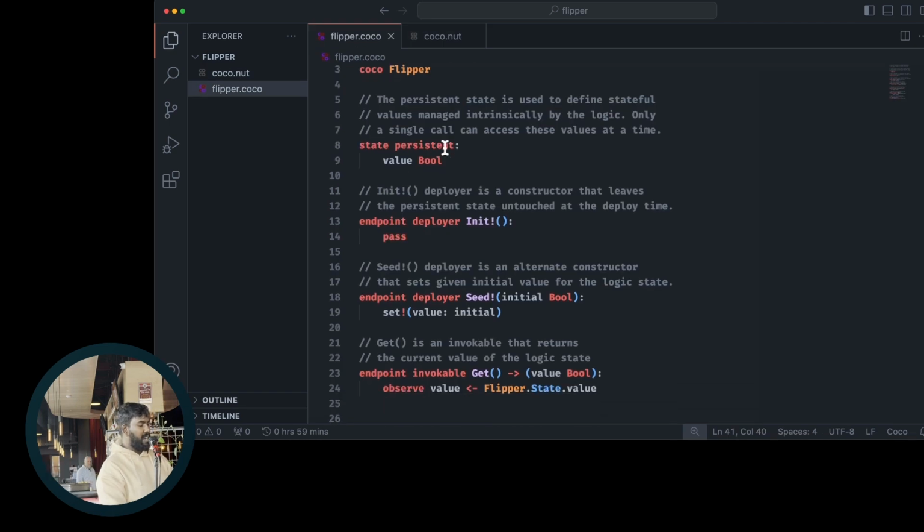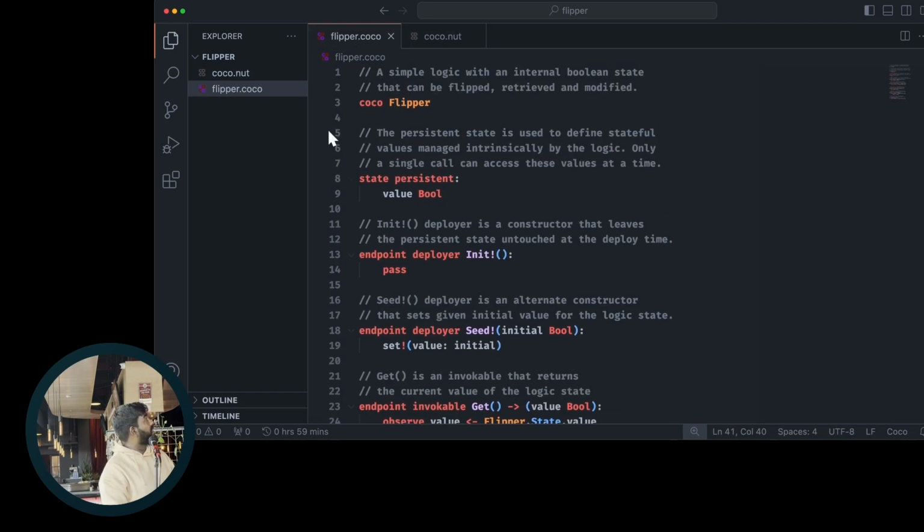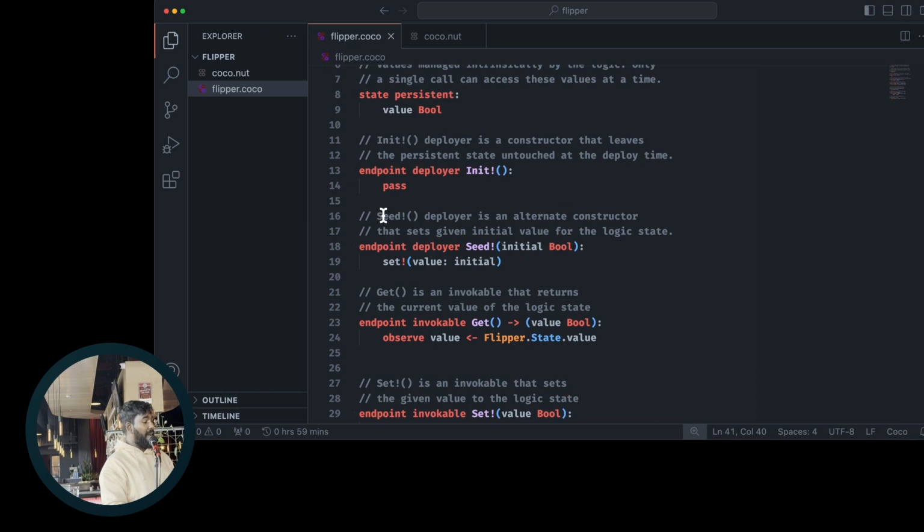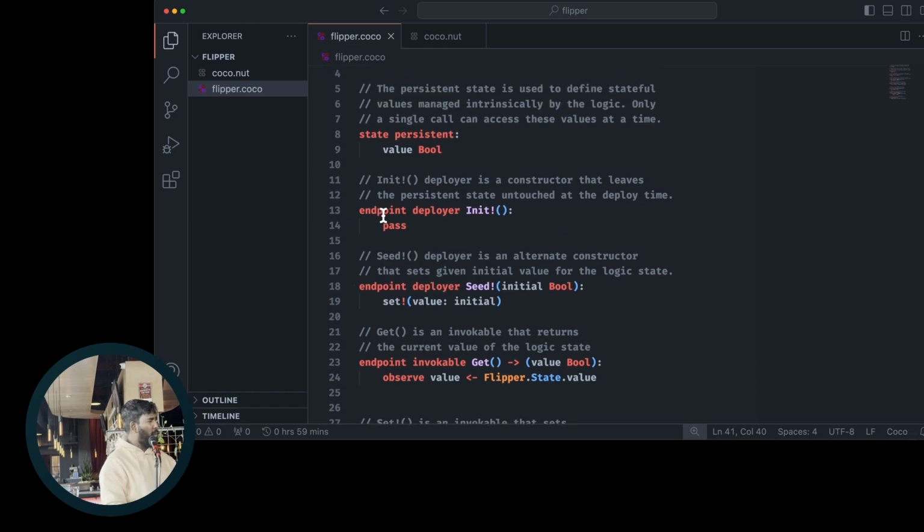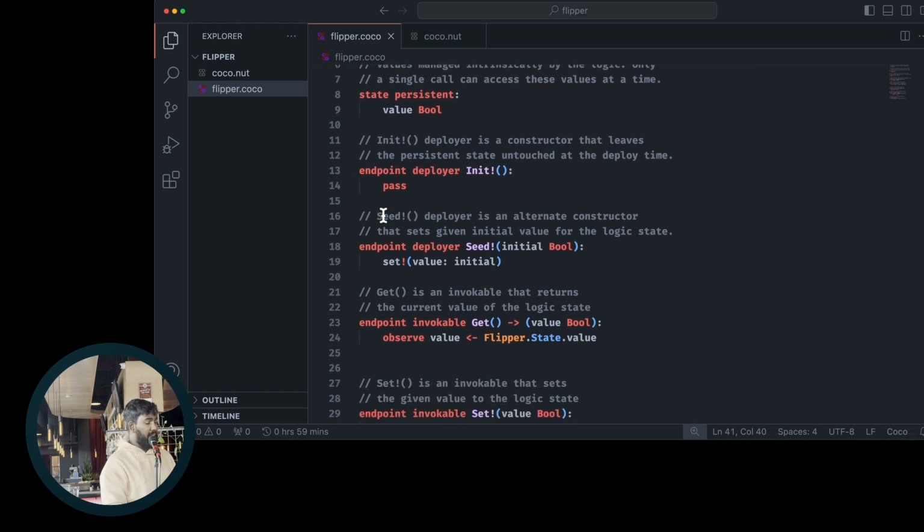Now let's look at the contract itself, right? So the first line, of course, just gives you the name of the module, and you can have multiple files in the same directory, indicating that you can just spread them across multiple files. And if you wanted a sub package or something like that, you could have a directory, and all the files in that directory would have to again maintain the package name, right? Coco does not support packages in its current form, but as of 4.0, I think we're supporting local packages, and by 5.0 we're going to even support external packages you can pull in.